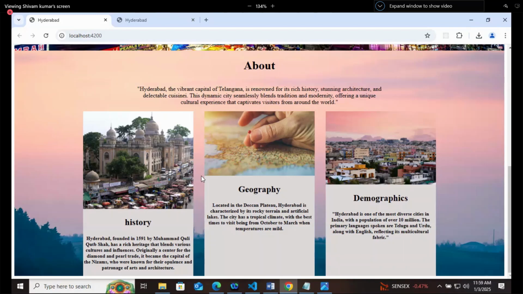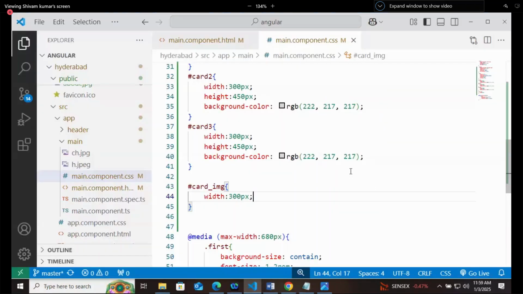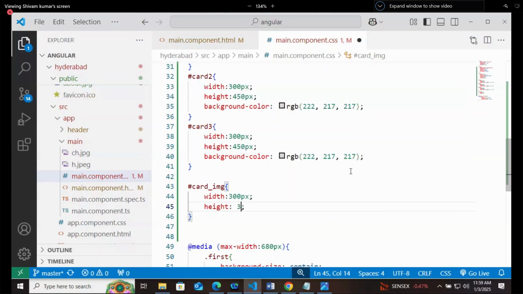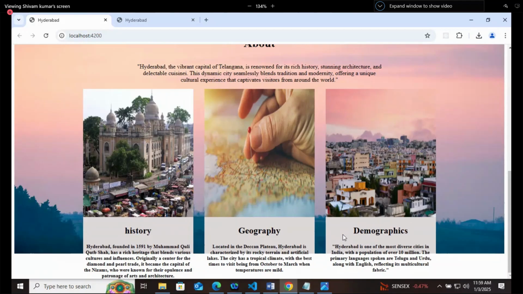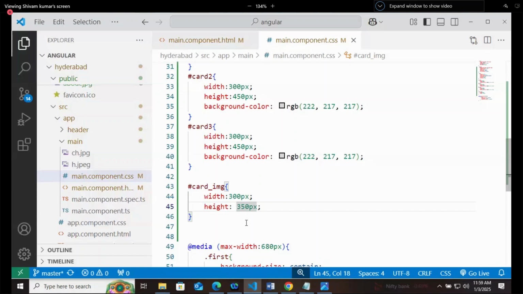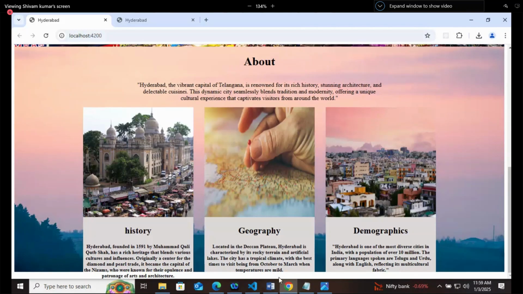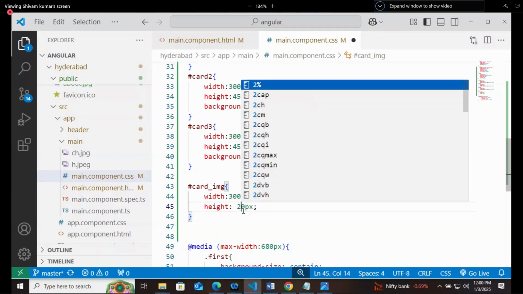Now let's check. 300 pixel, 300 pixel, 300 pixel. Means width is getting adjusted, not the height. So let's adjust the height also. For both of them, I will give a height of 350 pixel. And this is what you are getting on 350. Let's give them a height of 300 pixel. This time we are getting the same size of images in this way, right? Let's give them 250 pixel as height